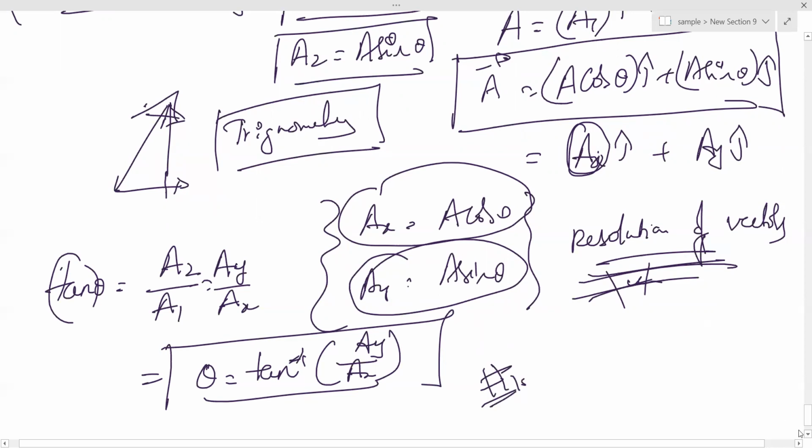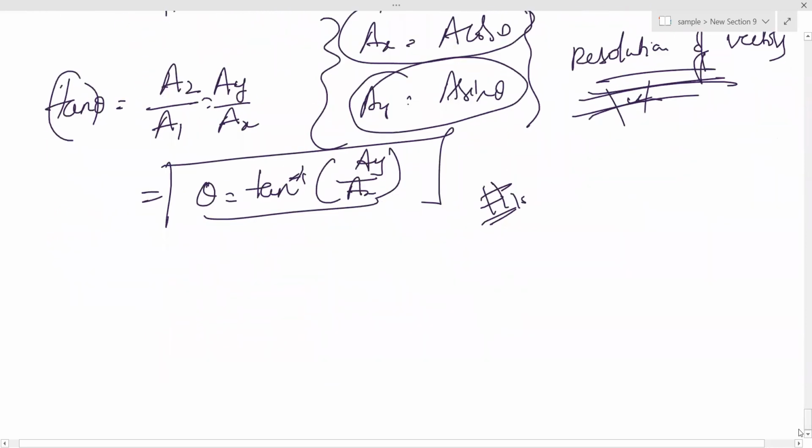So simple mathematics is only used in physics, no, sir? Simple mathematics only, whatever I'm using now. But if you want to crack the exam, your mathematics marks also should be good. Then only you can crack it, you can go to the good mains exam, and a good college.